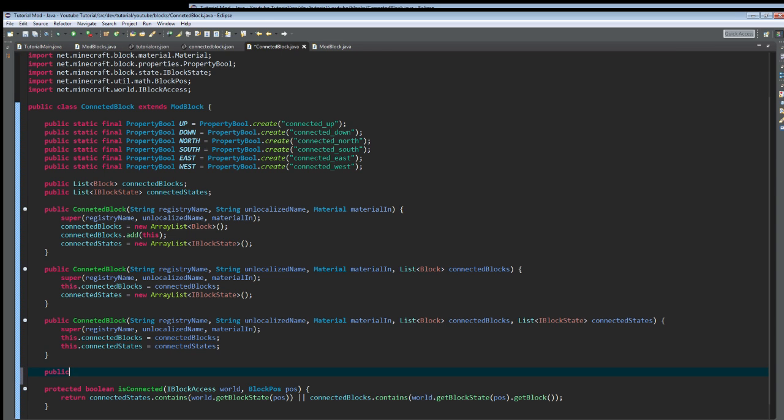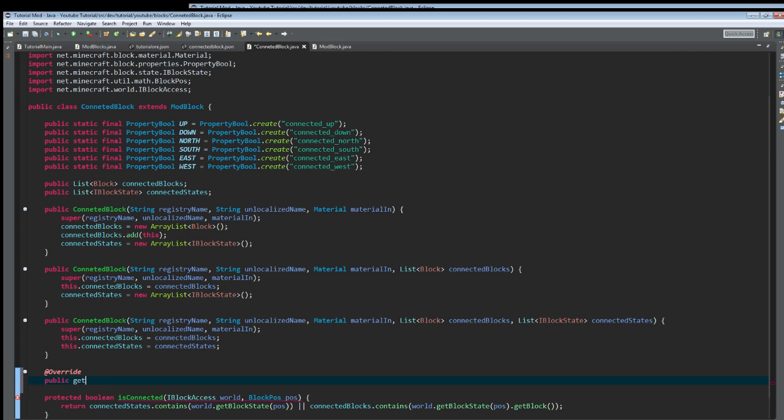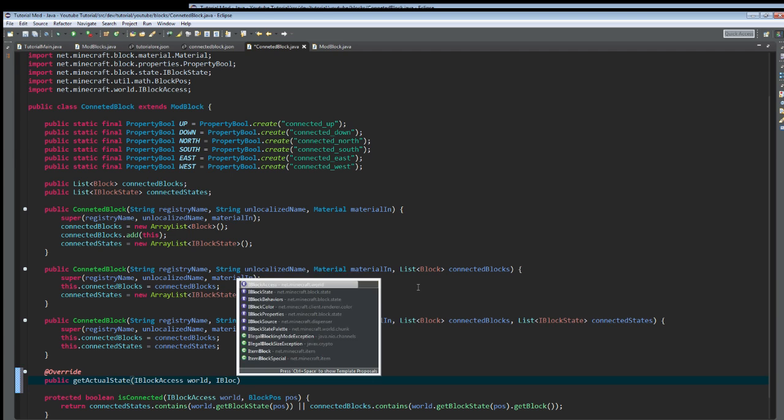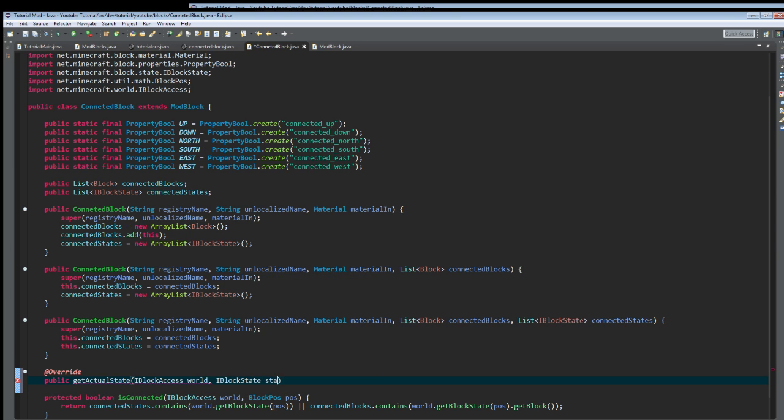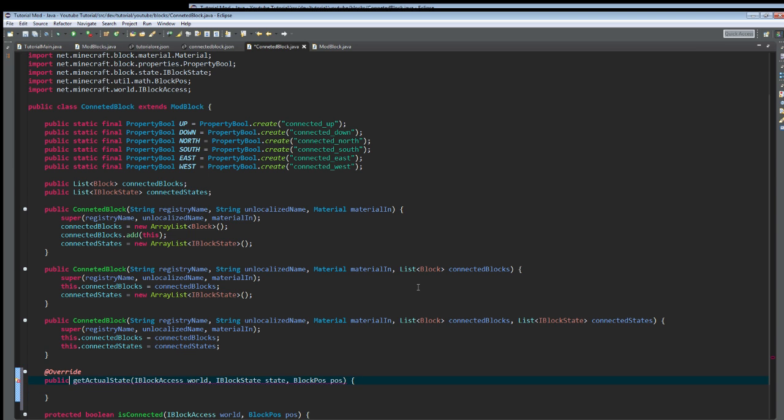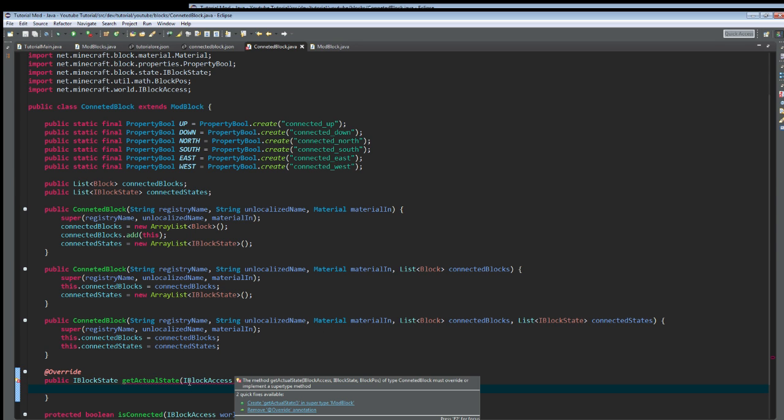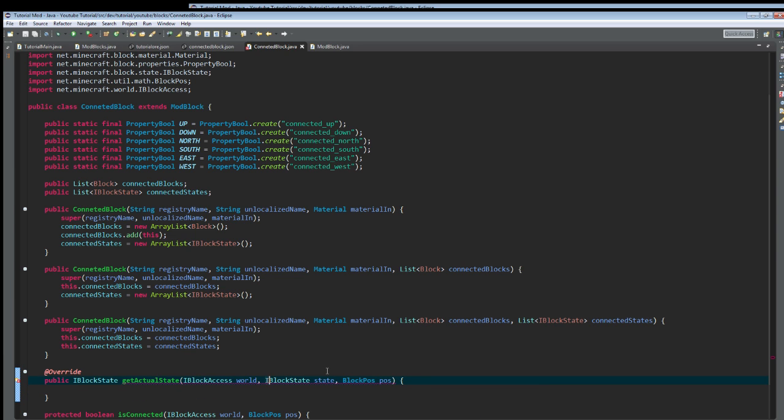And then above that we're going to override get actual state. iBlock access world iBlock state block pause. I think those are the arguments. Oh, it's no? Okay. It's probably iBlock state first. Alright. So we do get default state